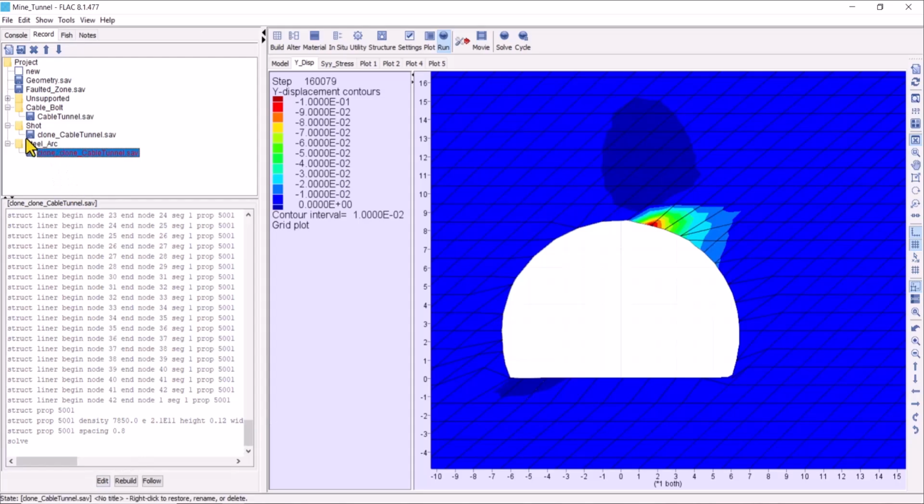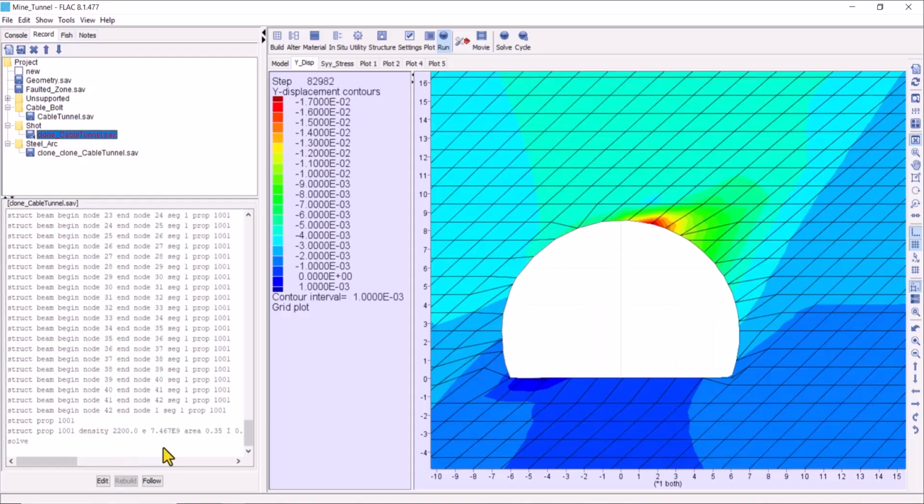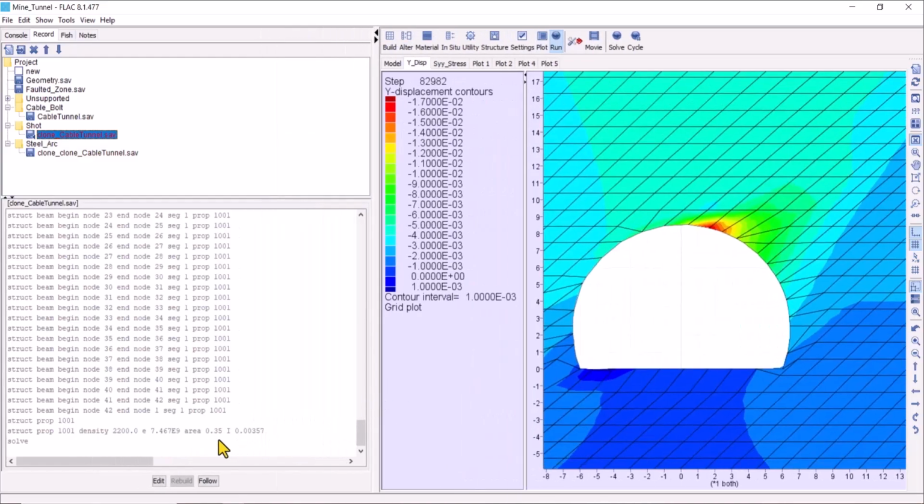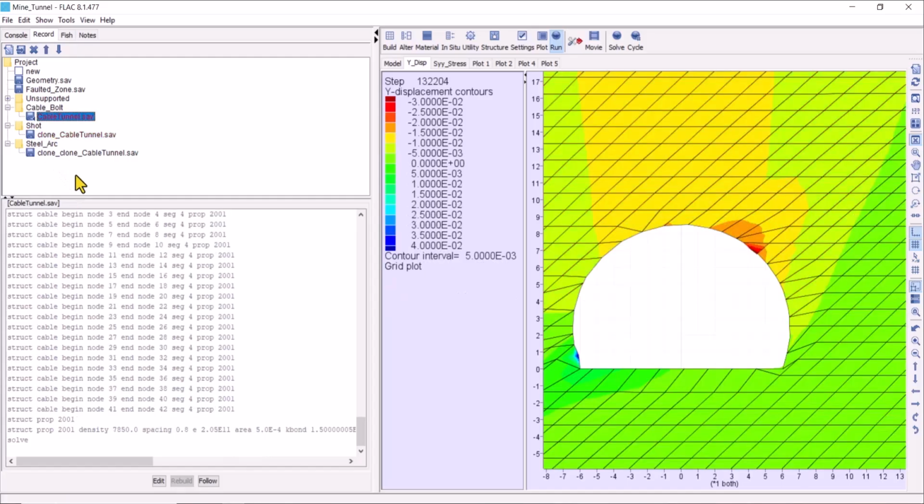Good. We have a stability in the steel arc. We don't have stability with shotcrete 10 centimeters. We have stability with shotcrete 35 centimeters. Also, we have stability with cable bolts. Okay,